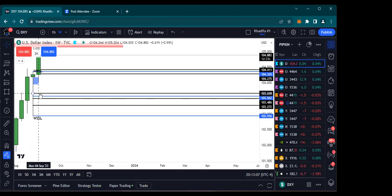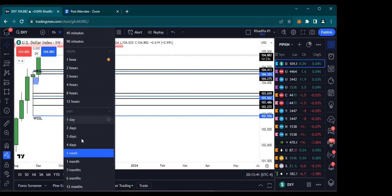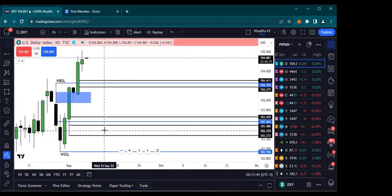I told you guys that I would anticipate it pulling down to those levels if we broke below that hourly inversion fair value gap. We see that blue level there, which is the consequent encroachment of that weekly wick. Those were the levels that I was anticipating price to pull to if we got a break and a close below that hourly inversion fair value gap. So going back to the daily,